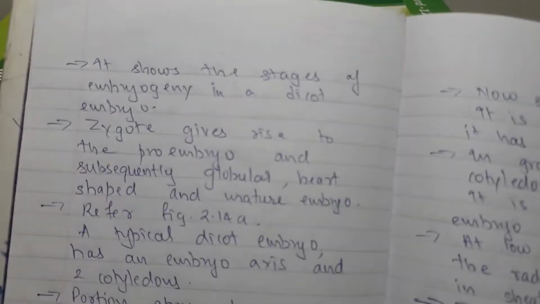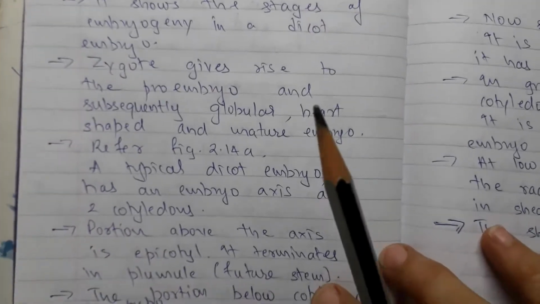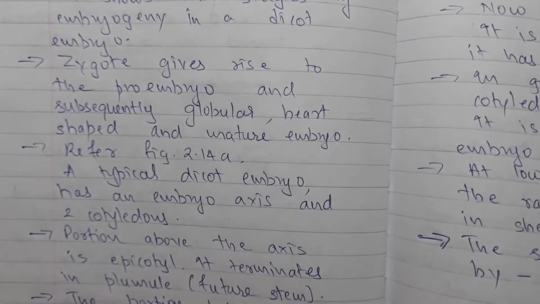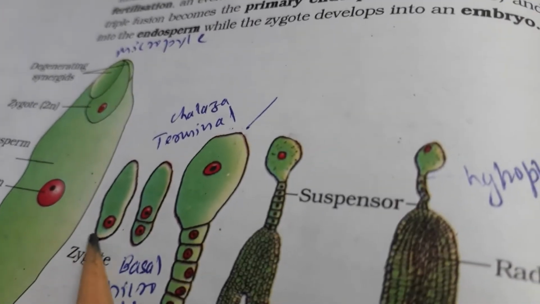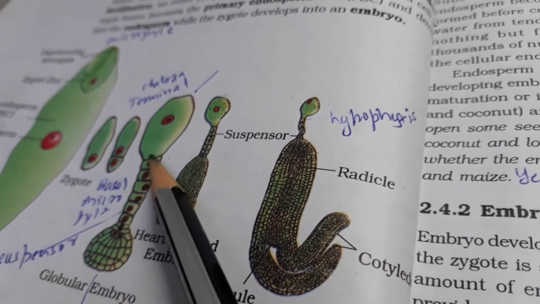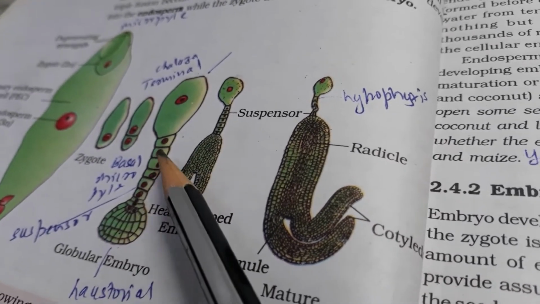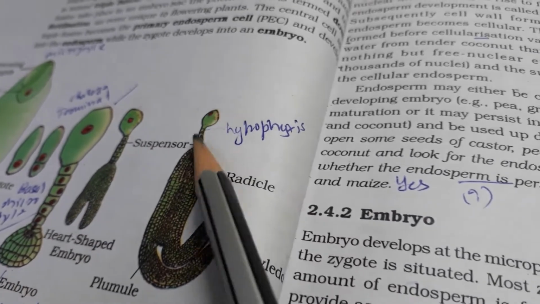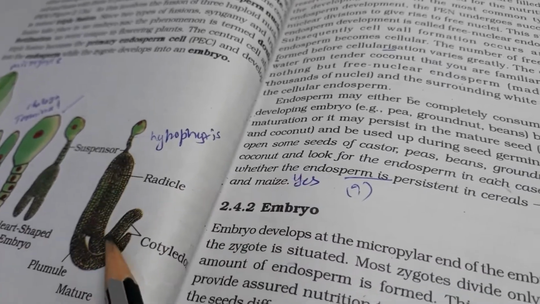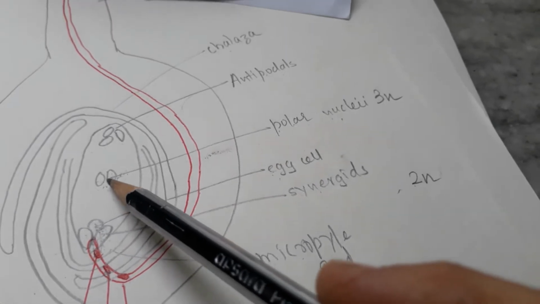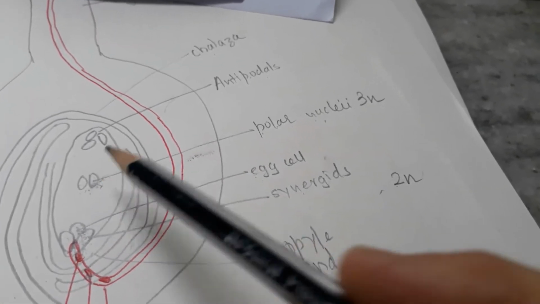It shows the stages of embryogeny in a dicot embryo. So, this topic is regarding the stages. See the stages over here. See how it is developing. Then the whole suspensor region which has been made, the embryo is here. And then this has been pushed. This has been made over here. Where is this taking place? It is taking place over here. An embryo is gradually pushed into the endosperm.